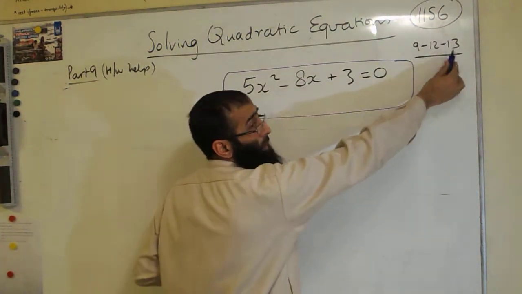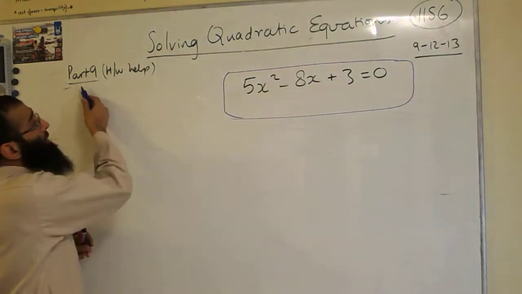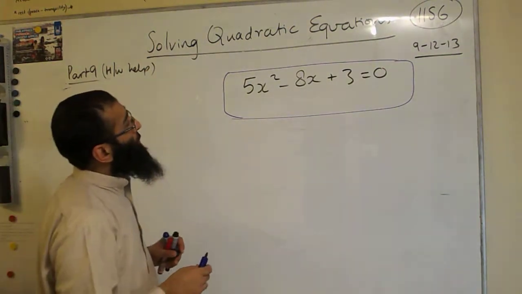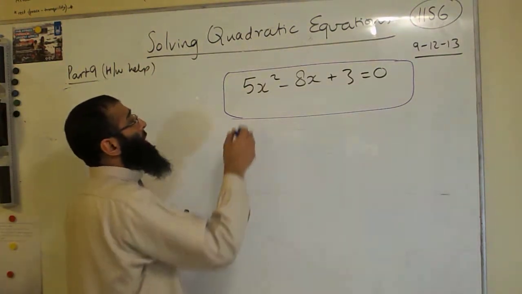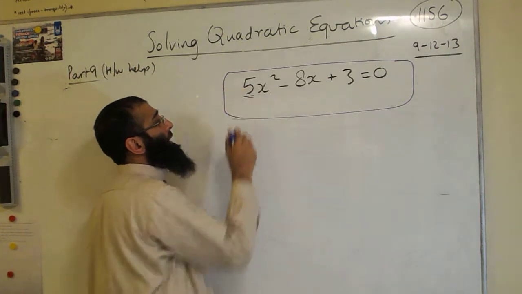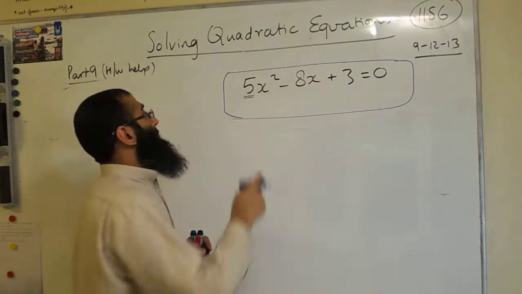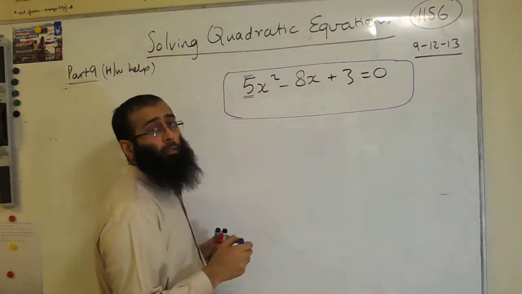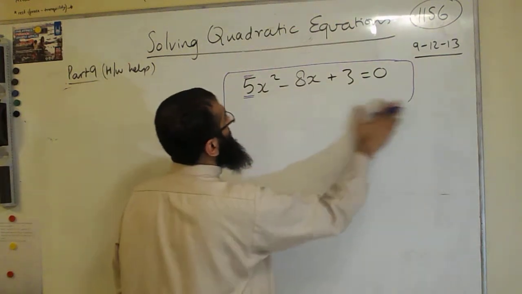Today's date is the 9th of 12, 2013 and we're looking at part 9. This is a homework help. We're looking at quadratic equations where the coefficient of x squared is more than 1. So in this particular instance we have a 5. Okay, so first of all,